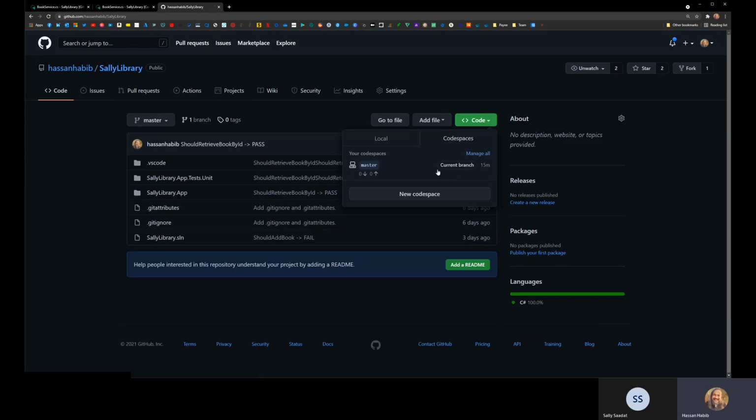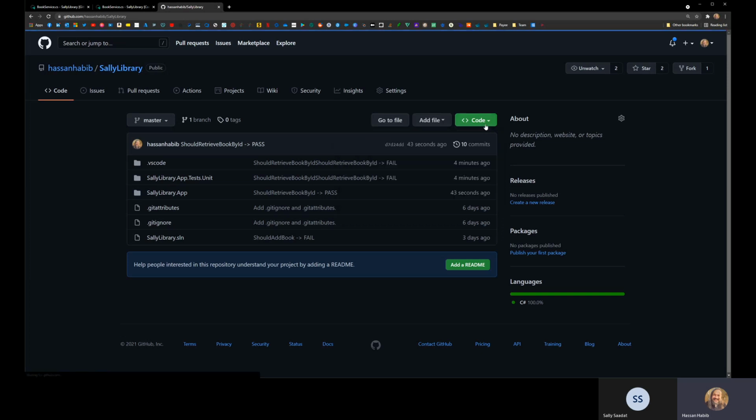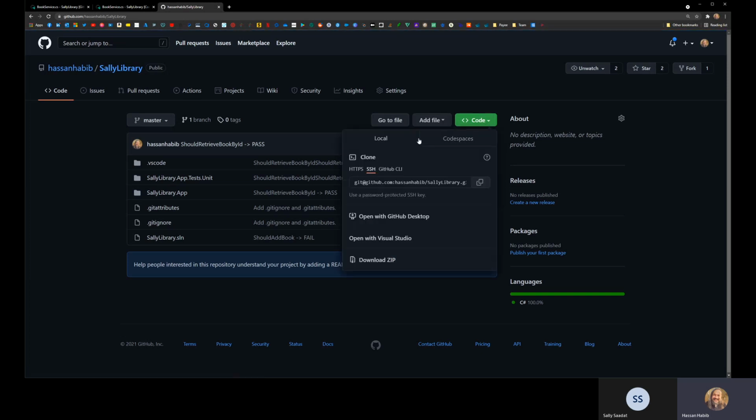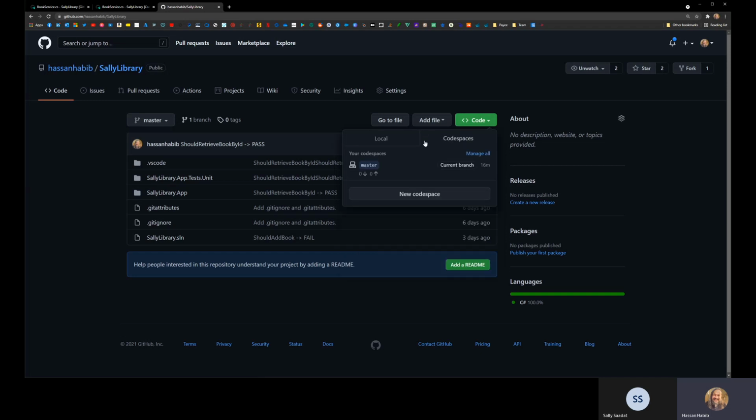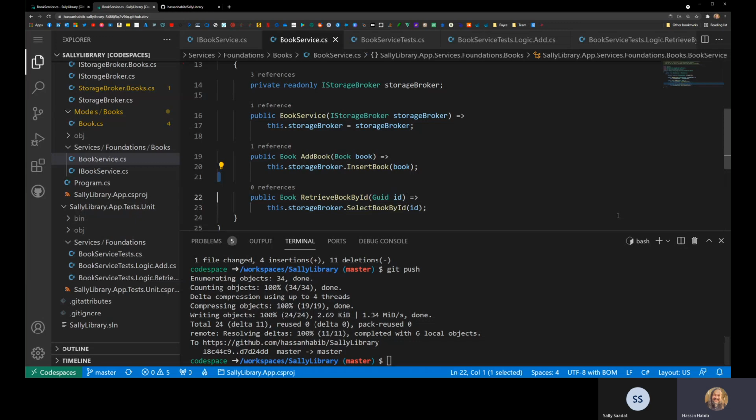Try to access this nice code space that I created here. Since you are an owner on this repo, try to go into the code area, and then instead of local and all that, just go to Codespaces and then click on this guy and let me know if you're able to access it. And then your assignment is to do the